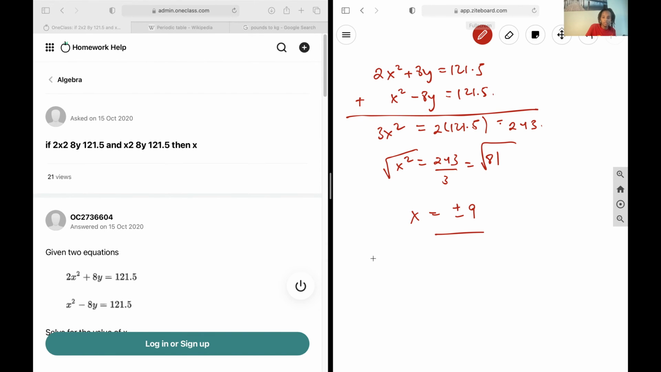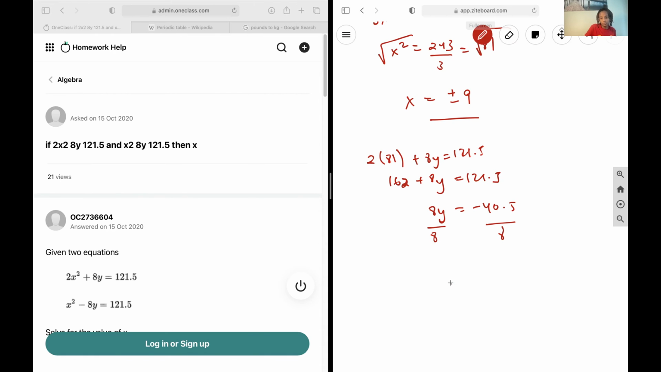Now we need to find y. So just plug in what we have. 2x squared, which is 81, plus 8y is equal to 121.5. Isolate out the y. So this becomes 162 plus 8y is equal to 121.5. So 8y is equal to negative 40.5, and then just divide out the 8,